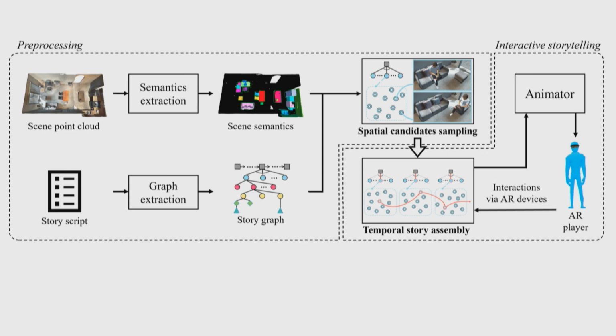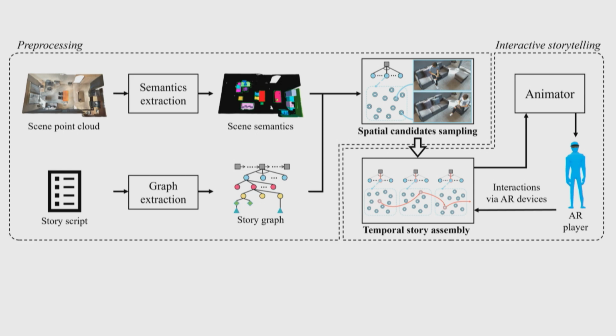At that time, we didn't try ChatGPT, but these days with the LLM, we will be able to go one step further. So instead of relying on a predefined story, we could even ask the large language model to generate a story for us, right? So for example, hey, ChatGPT, if there's a party happening here, tell me what's going to happen, right? What are the possible events? That way, we can have a story automatically generated, and using our engine, we'll be able to populate that story in the environment that the person is in. So we are working along this line.